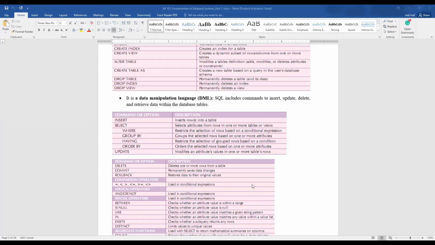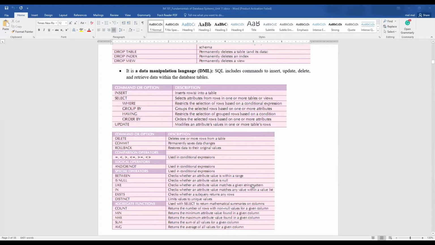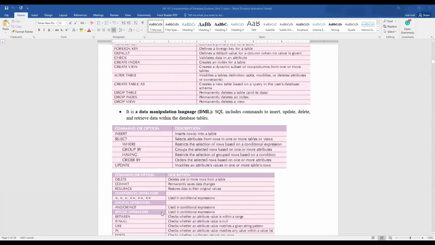We also have certain commands that are used to filter out or provide a selection criteria for our query. As you can see here, we have operators, we have functions as well. But in general, data manipulation commands consist of the four that I have said, which is select, insert, update,